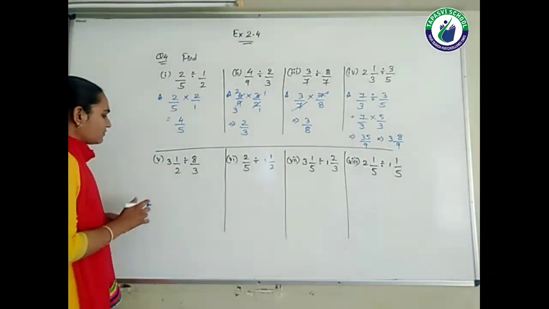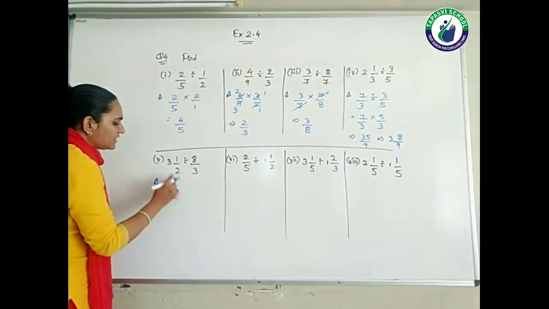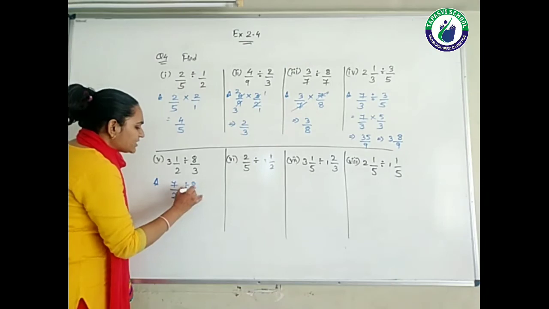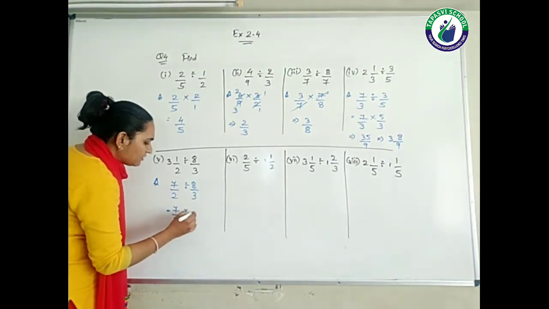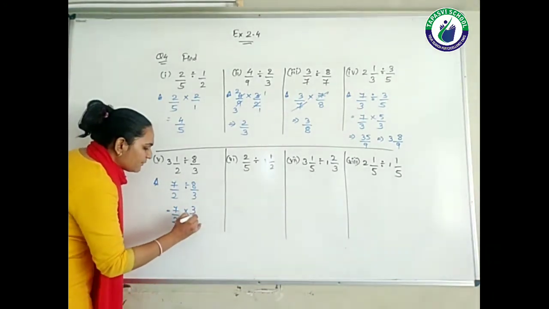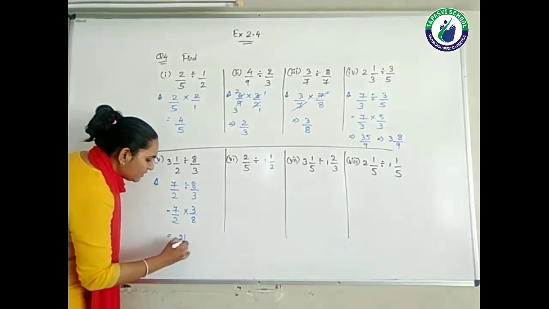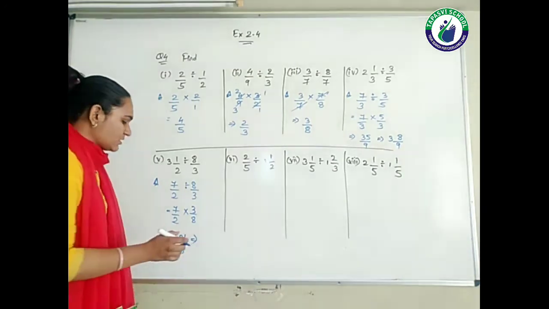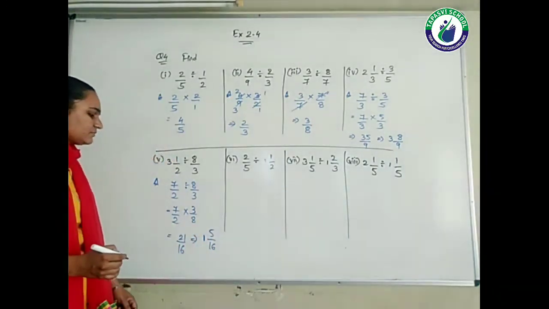Now let's see the fifth question, students. So 3 twos are 6 plus 1, 7 upon 2. This is a mixed fraction, so I have converted it into improper one. So divide by 8 upon 3. So 7 upon 2, division sign convert into multiplication sign. We'll do the reciprocal, so 3 upon 8. Now nothing can be cut. So 7 threes are 21 and 2 eights are 16. This is an improper, so we have to convert it into mixed. So 1 integer 5 upon 16. Right?